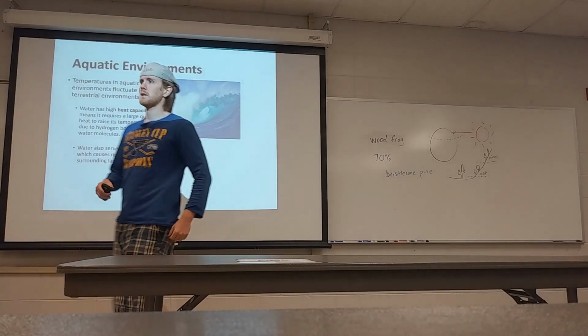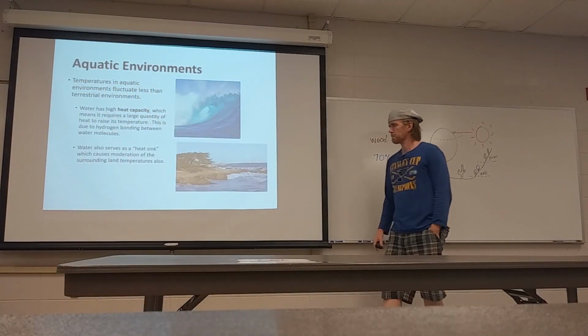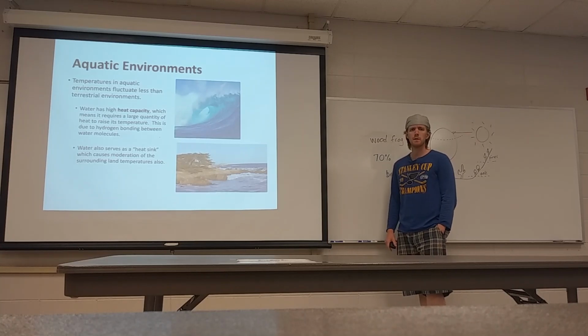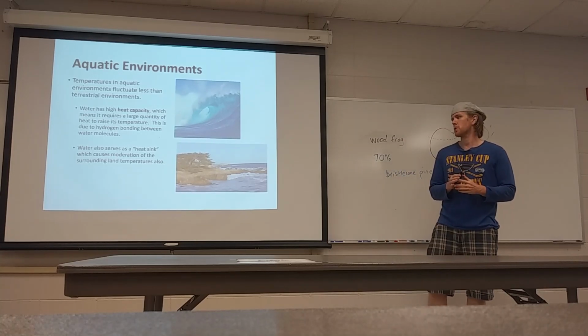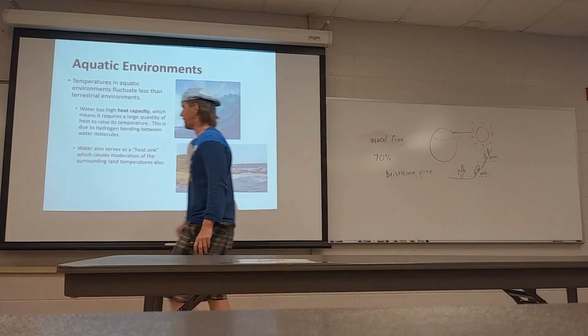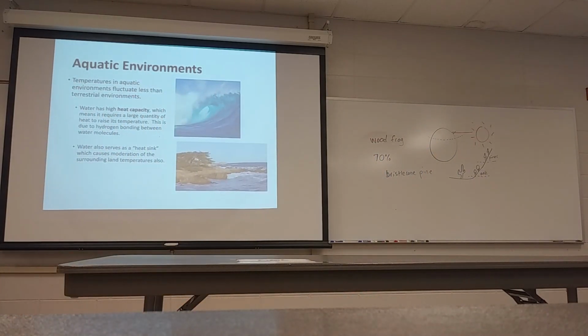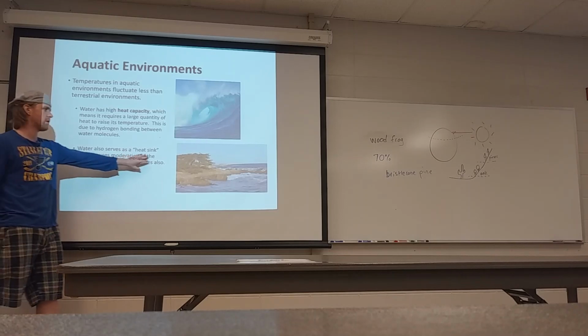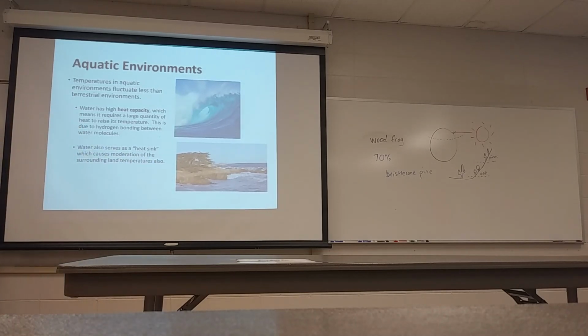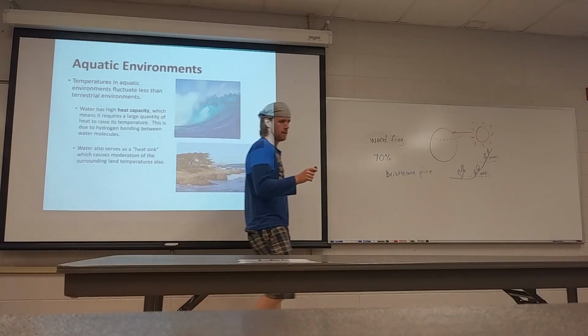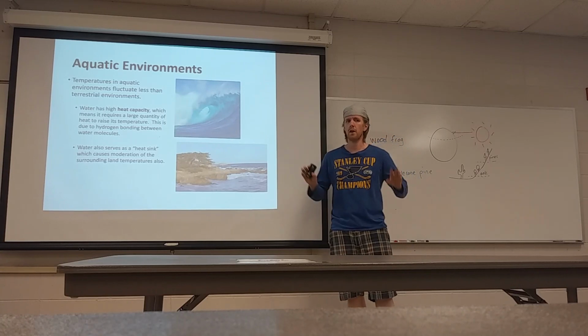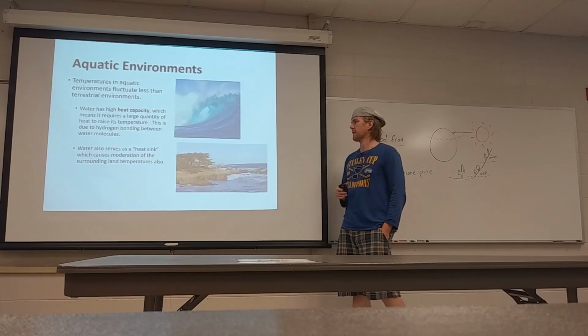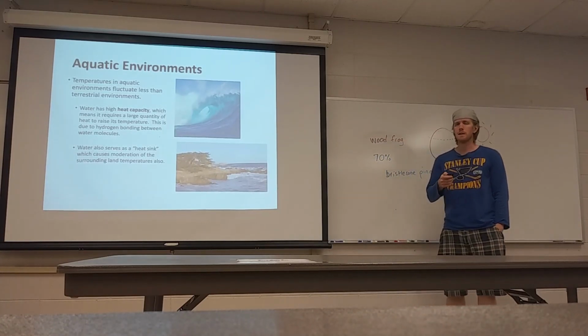Water also serves as a heat sink, and so coastal areas tend to be more moderate in air temperature because water absorbs a lot of the heat. That picture is from Monterey, California, and if you were to go to Monterey, California any time of year, it's going to be between 45 degrees and 70 degrees for the most part. Very moderate temperatures. And that is due primarily to what's called the ocean effect, water serving as a heat sink to absorb that excess heat.